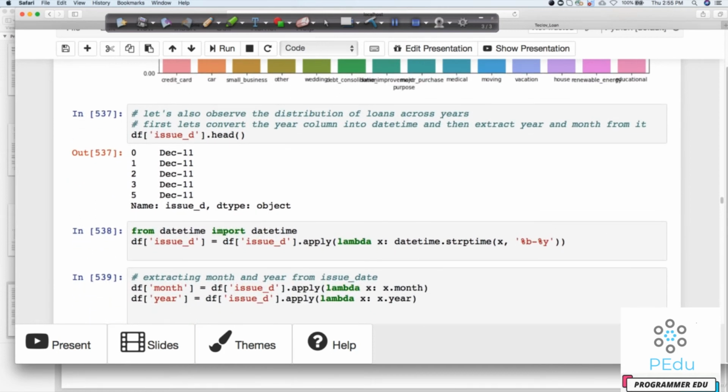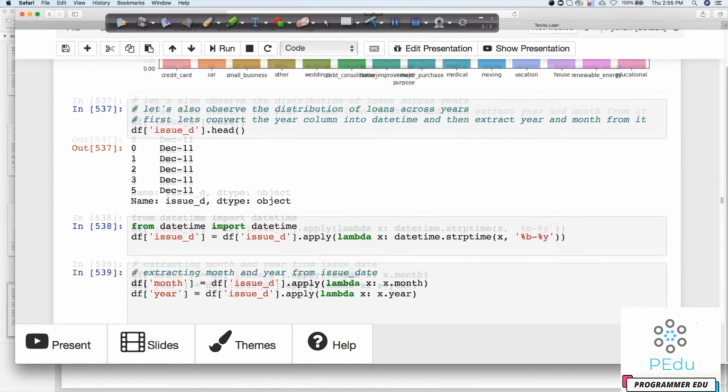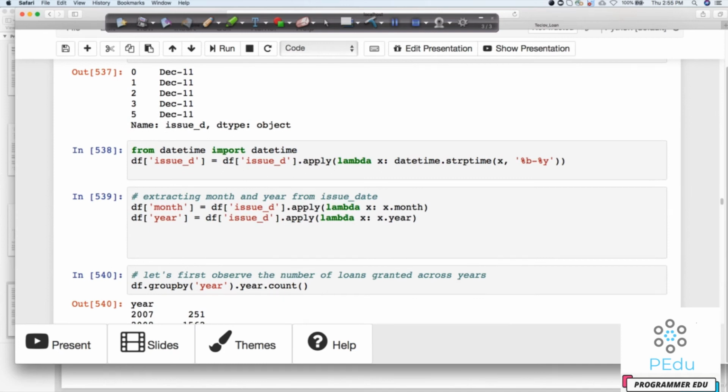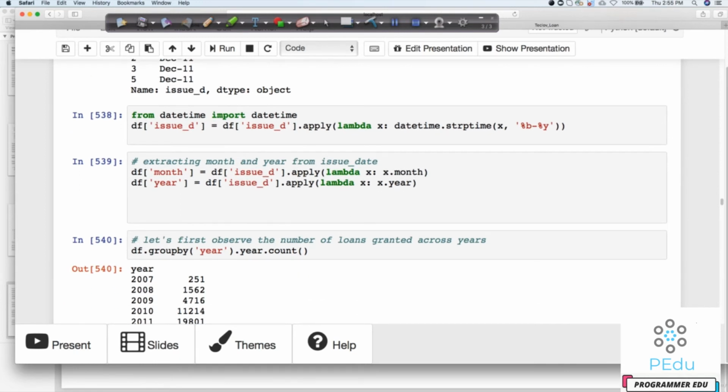We also have a date column, which is issue date, and what we would like to see is the distribution for it. So maybe it is a good idea to separate out the month and the year so that we can have a separate analysis for both of them. The date is looking like this, so first we will convert it to datetime into an appropriate format, and after that we can just take out the month and year from it and keep them separately.